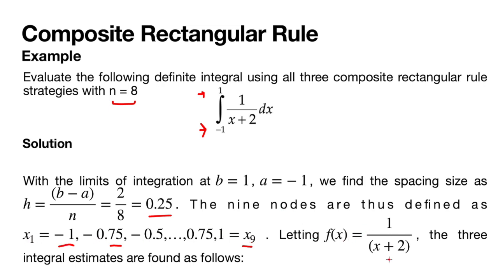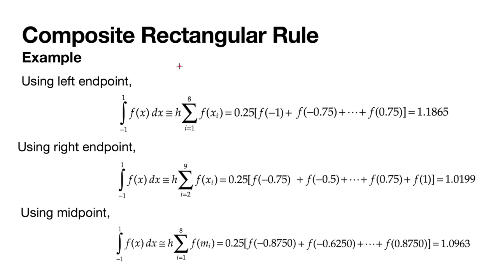So f of x is 1 over x plus 2, which is this integrand. Alright, and we now know the points which we need to calculate, starting from -1 and moving to -0.75, similarly -0.5, and so on to 1. Alright, so using the left endpoint, we can use the formula for the left endpoint,